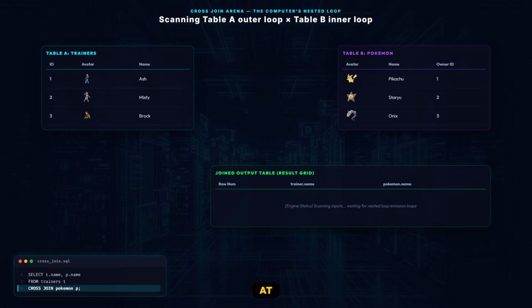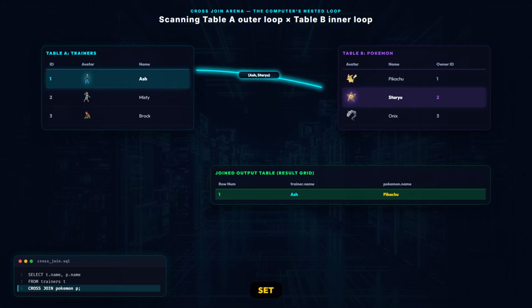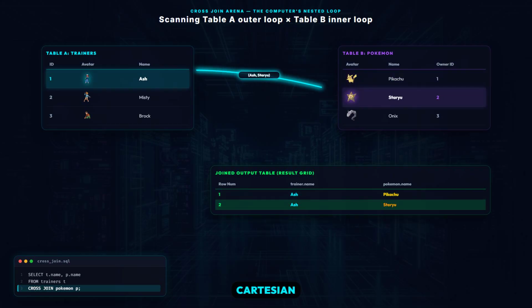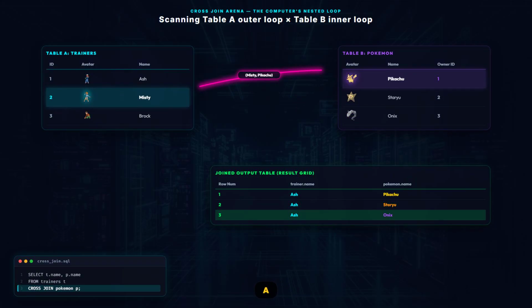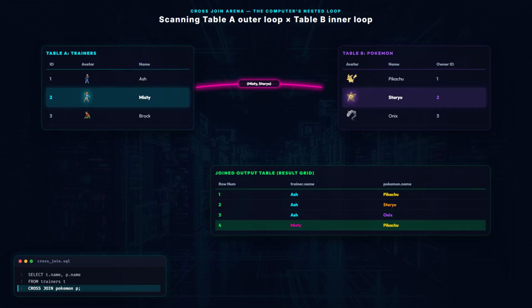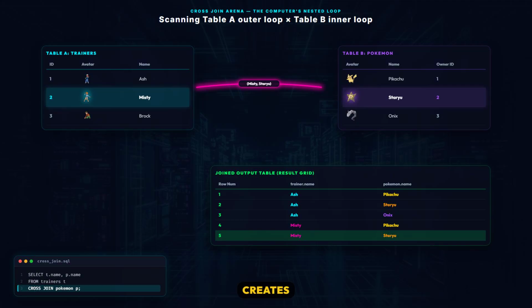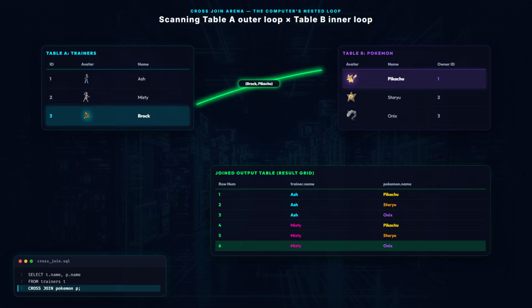Believe it or not, at the heart of SQL, it's literally just multiplication. This is called a Cartesian product. In set theory, Cartesian just means taking every single item in set A and pairing it with every single item in set B. To see how this creates the Cartesian trap, imagine we have 3 trainers, Ash, Misty, and of course Brock,